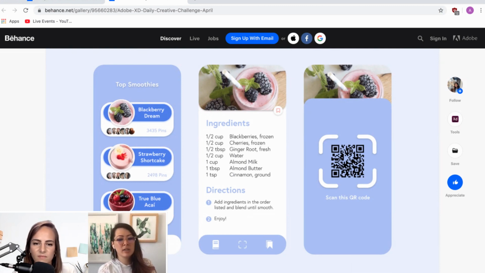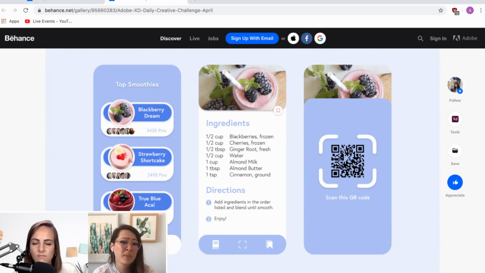And the other thing, just for Andrea's point of trying to figure out what those bottom buttons are, I typically say, for accessibility and just for people to understand what is happening here, you can actually put the words there. So you would put book, saved, QR code. I think it's more important now than ever to just have people know what things are and not just let icons do all the talking. It just makes it much more clear for everyone.